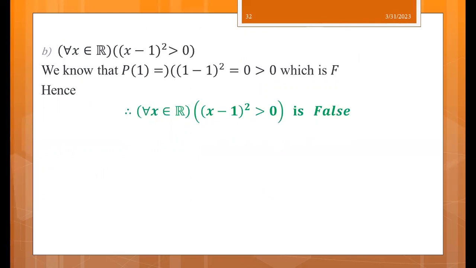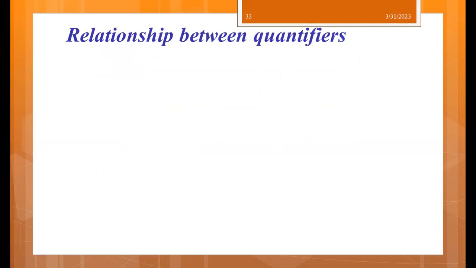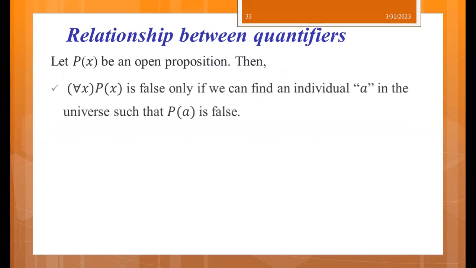The next one is the relationship that exists between quantifiers, because we have two quantifiers, the universal and the existential quantifier. What is the relationship between these two quantifiers? To see the relationship, let's have p of x be any open proposition. Then we know from the definition that we have already seen previously, for this quantified proposition p of x